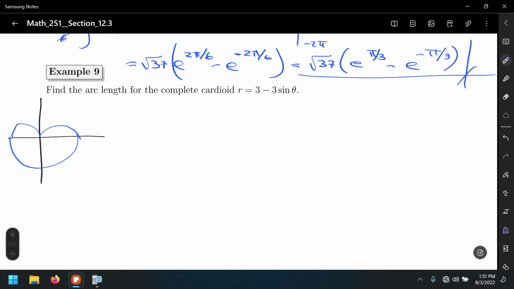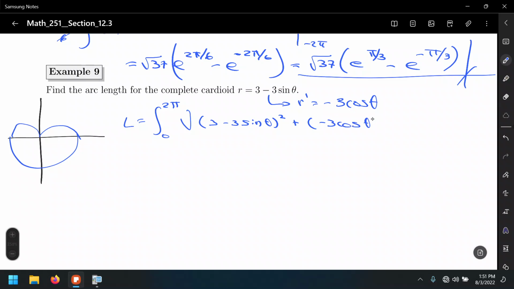We need to find the derivative. r prime equals the derivative of 3, which is 0, minus 3 times the derivative of sine. That's negative 3 cosine theta. And L is the integral, let's say from 0 to 2 pi for now. Let's set it up like that. That's the integral of the original function squared, (3 minus 3 sine theta) squared, plus the derivative quantity squared